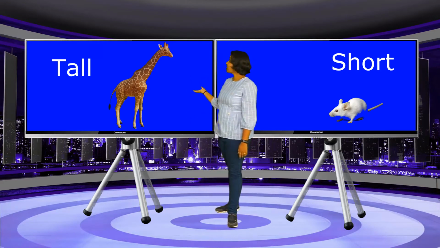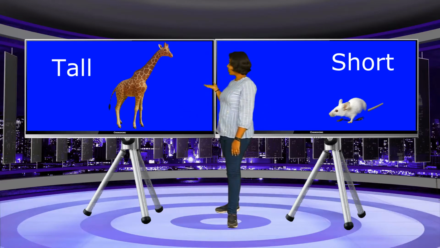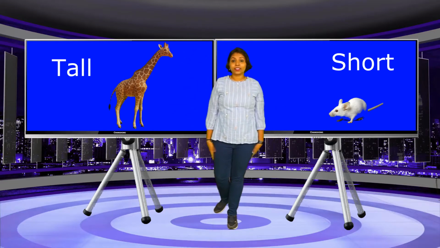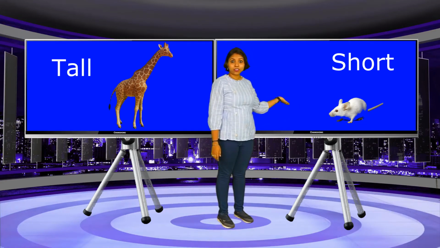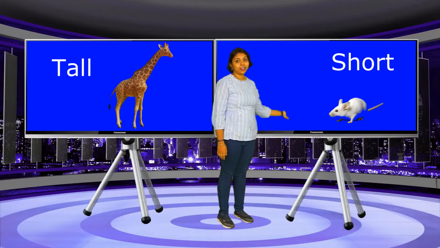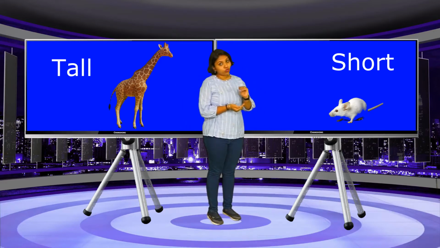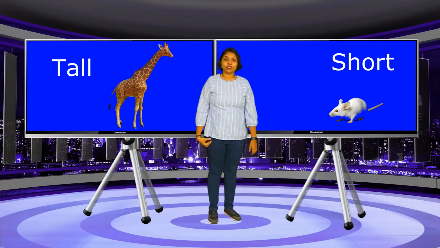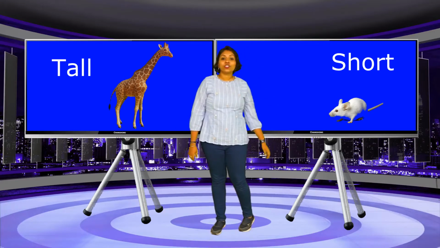So here you can see a big animal. Which is that? It is a giraffe and it is so tall. It is the tallest animal. This is tall. And here, which animal is this? Very small. Which is that? Yes, it is a rat. See, the giraffe is too big. है ना? And the rat is too small. So this is tall and this is short. So we are learning the comparison, that is tall and here short.